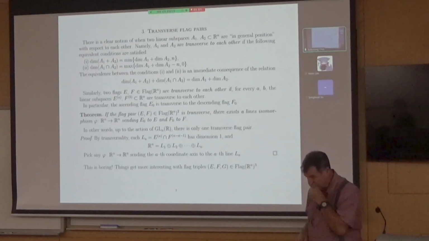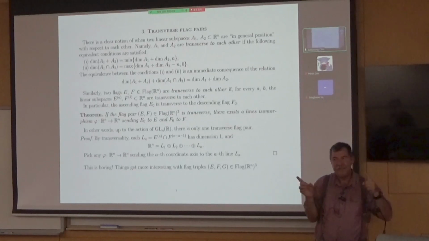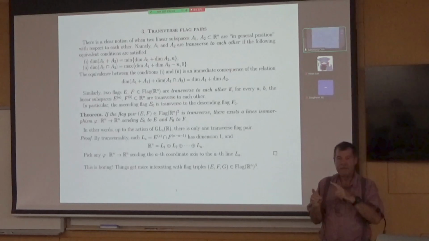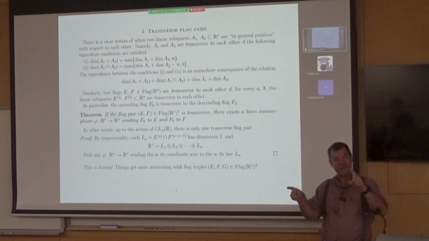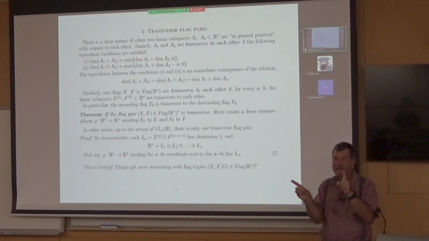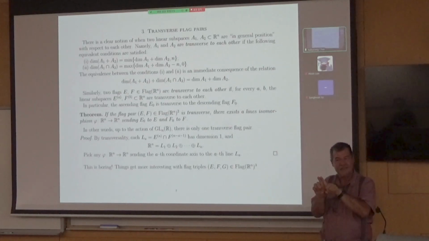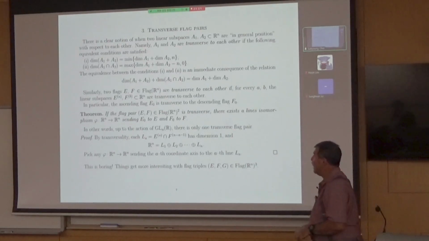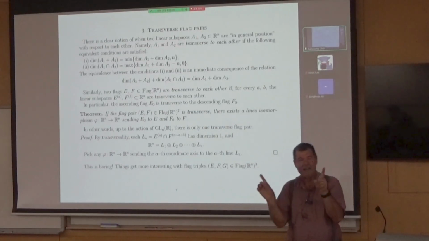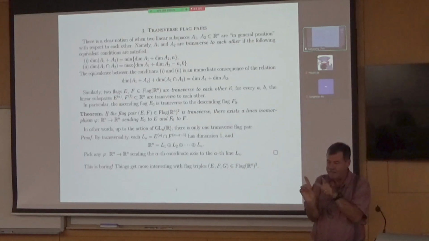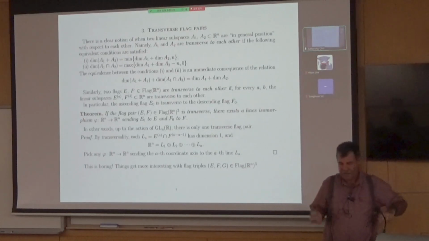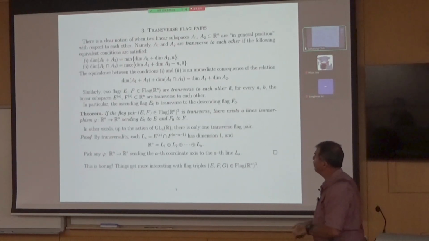Previously I didn't emphasize that, but it was really important that my lines were distinct. Because I was taking a vector in one and a vector in the other one, and I told you that forms a basis. Well, not quite. If the two lines are the same, the vectors will be collinear. That doesn't form a basis for the plane. So in the plane, to say that two lines are distinct means that they are in general position. Whatever that means, they are generic. And so let's do the same thing with flags.